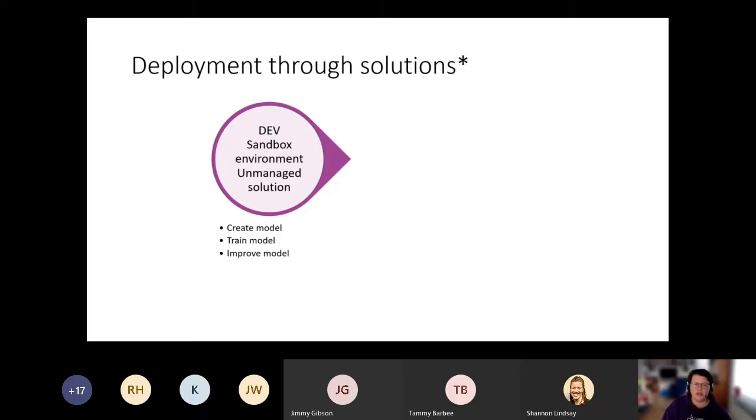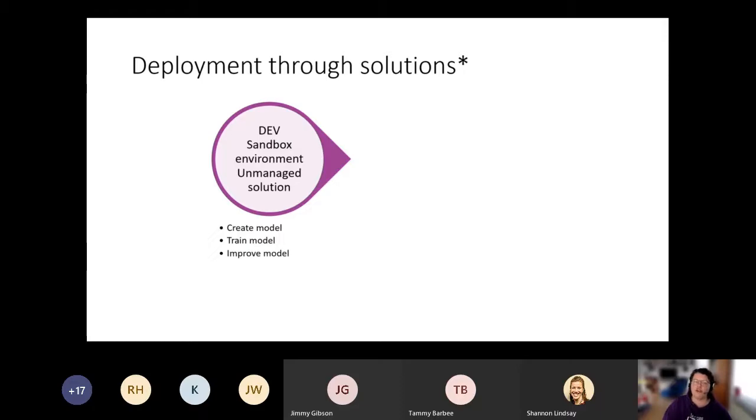So the first thing you do is you create an environment where you have an unmanaged solution, meaning you can still work on all the resources that are part of your solution. You do that in either a development or a sandbox environment, which is a Power Apps or Power Automate environment. There you create your model, you train your model, and you improve your model.